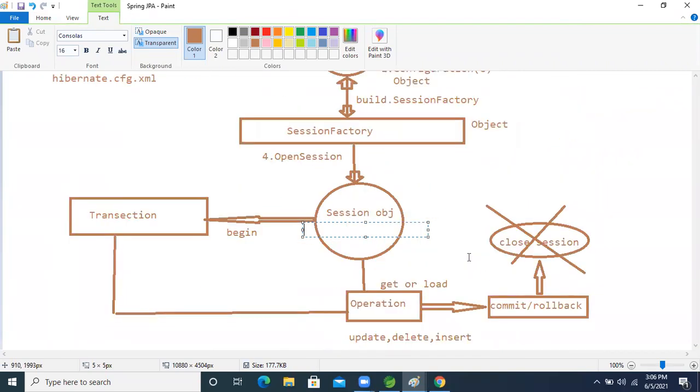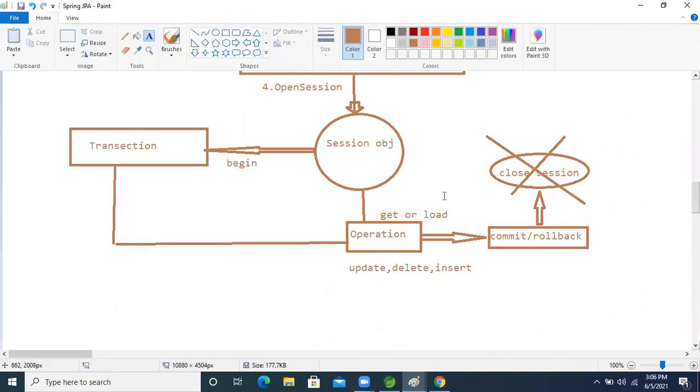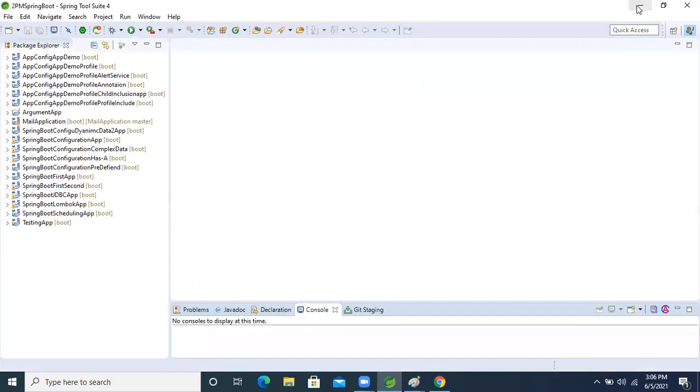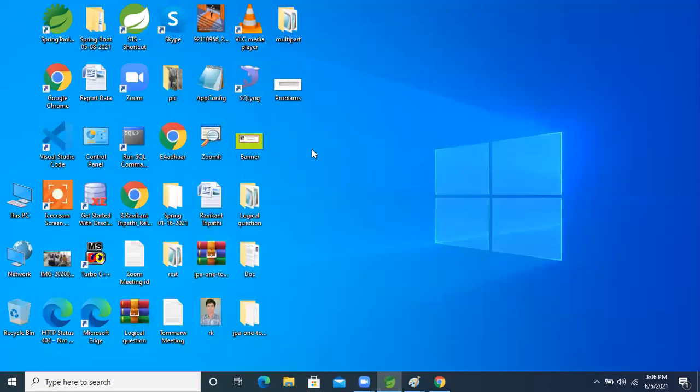So fine, now let's move on. These operations will be there. So what we will do now is connect our application with MySQL. I'm going to use MySQL from here onward. Everyone, install MySQL on your computer now.